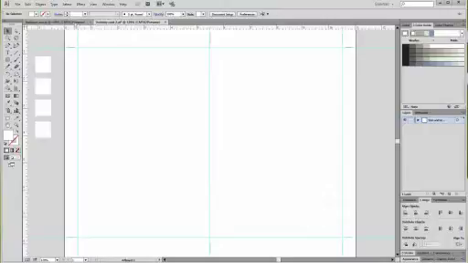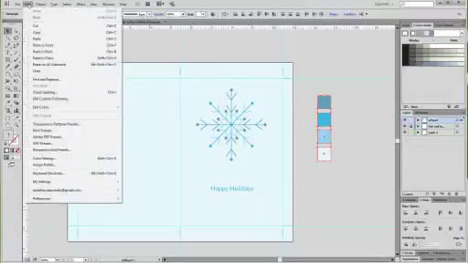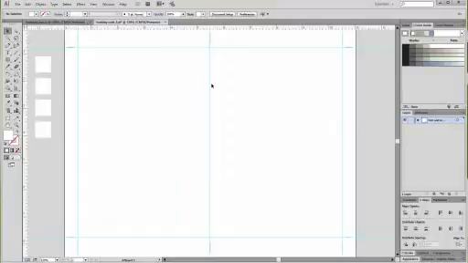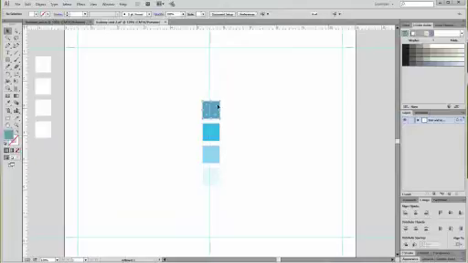Now what I've done is I've already selected a color, so I'm going to go back into my file, grab this, select it, and then copy it. I'm going to go back into my file. I'm going to Control V, which is the shortcut for pasting, or you can do Edit, Paste. And I have 2 here, so I'm going to select all 4 of them, drag them over here,